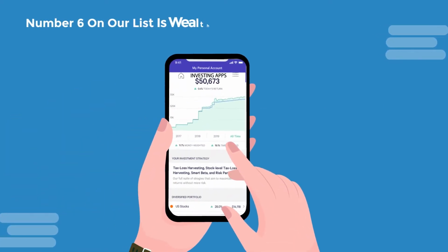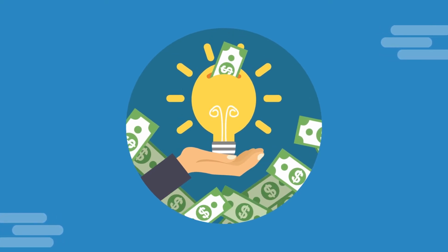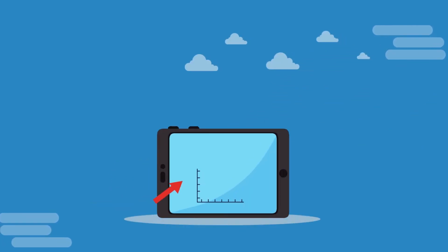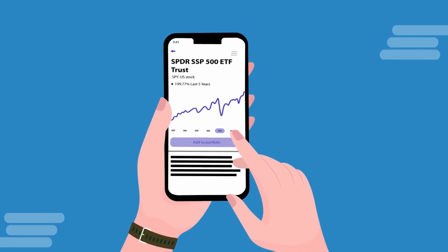Number 6 on our list is Wealthfront. Wealthfront is an investment management app that takes care of allocating your money for you. It will invest in a mixture of funds and individual stocks that are appropriate for your needs. This is obviously not ideal if you're a hobbyist or for anyone who wants to direct their own investments. But it's awesome if you don't know much about the stock market and want to have an expert choose the